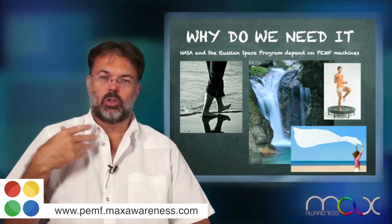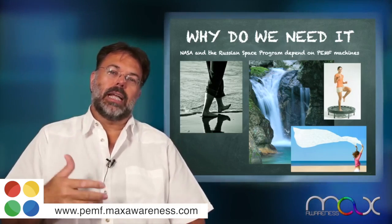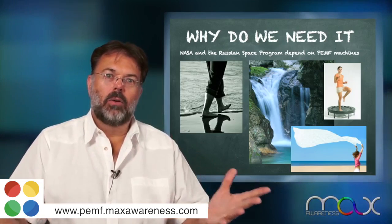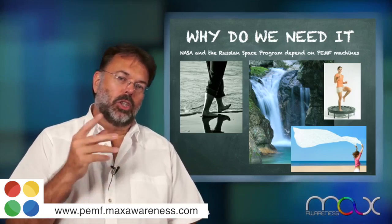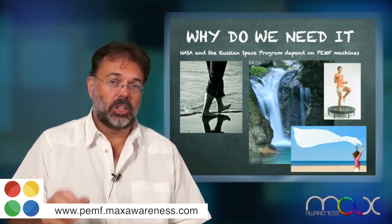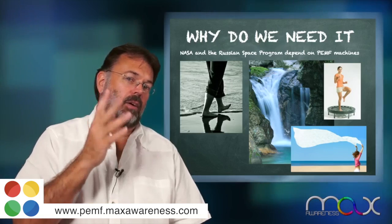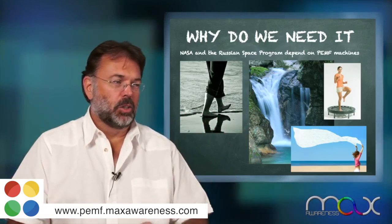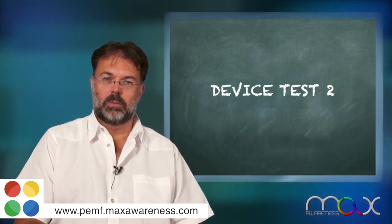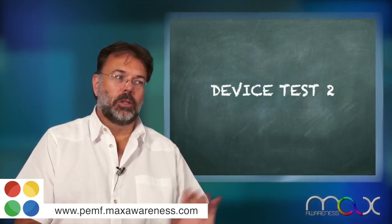Around waterfalls and strong wind, all those things that create friction, vibration, is actually where you get that energy from. So you can do a lot without any device. If you want to recharge and you don't like to go outdoors, well, it's not good anyway, but you can do it that way. Okay, and that brings us to the second test group, and we call that our therapeutic